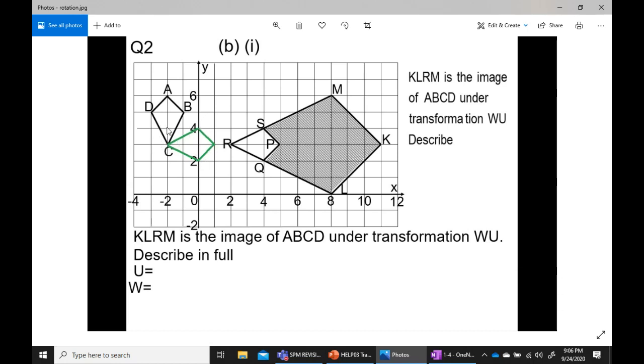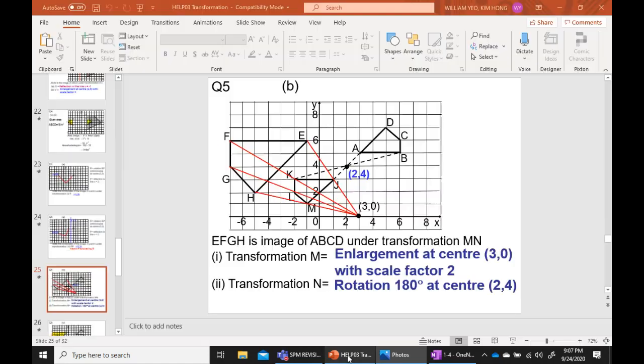So just now the center is here, right? Sorry, the center is here. Someone asked whether C can be the center. It's a good try, but if you use C as the center and rotate this, you will get the one I drew with the green line. You won't be able to get this PQRS. And after this we go to